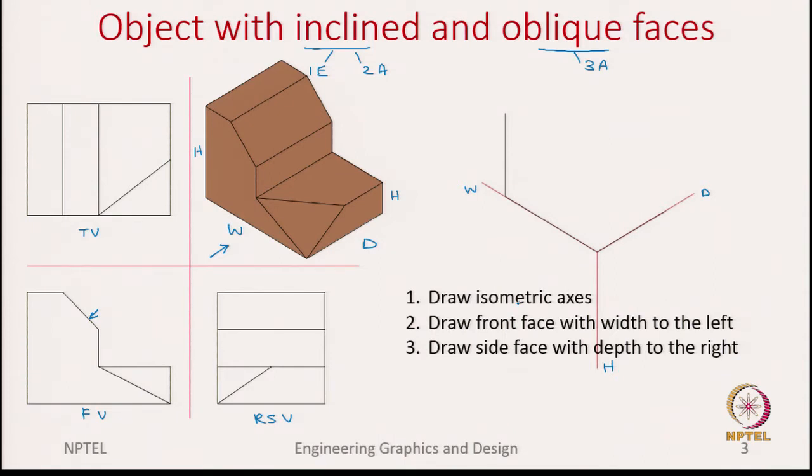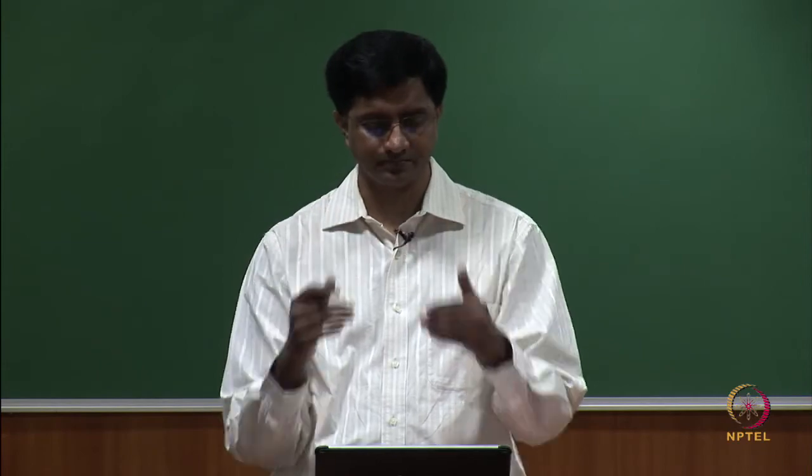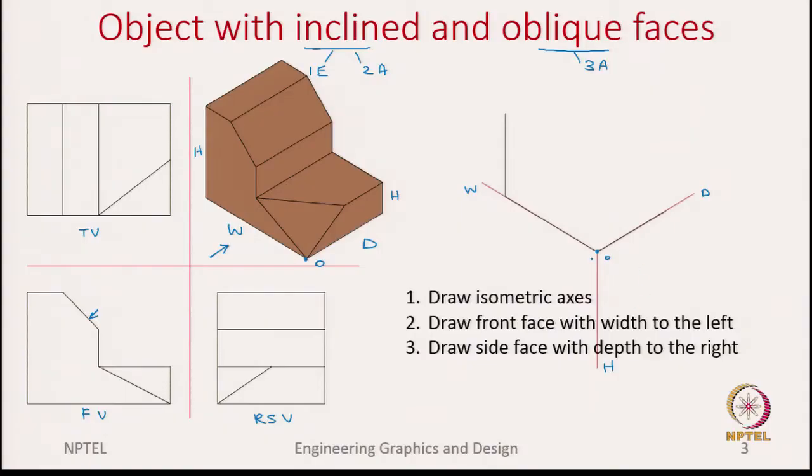We can also do the right face to the right of this center point. Let us say O, we call it the center point, which is this bottom point O. We start with this bottom point O because that is relatively much closer to the viewing place. Okay. And then the features seen in the front view we capture to the left, and those seen in the side view we capture to the right. So, we start proceeding with this,